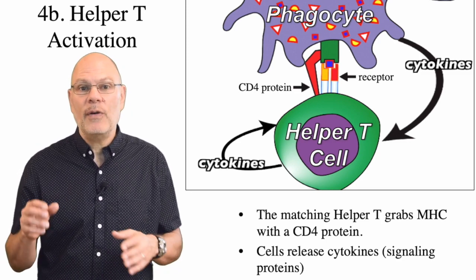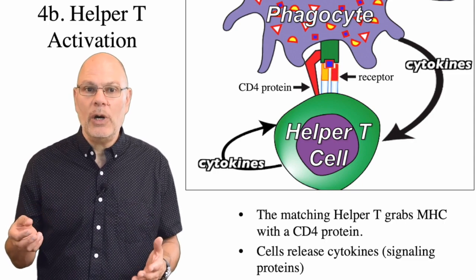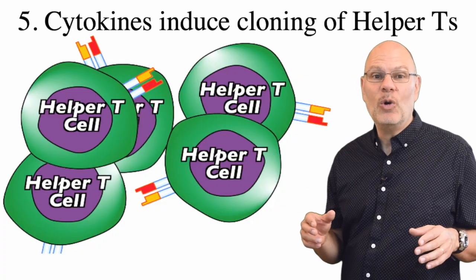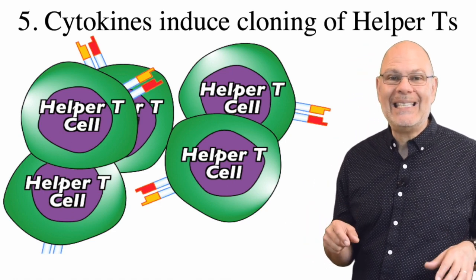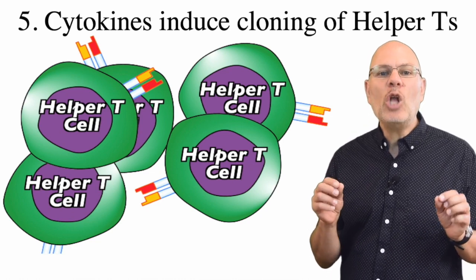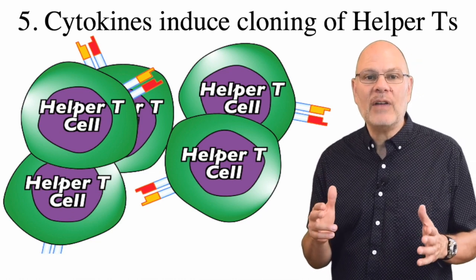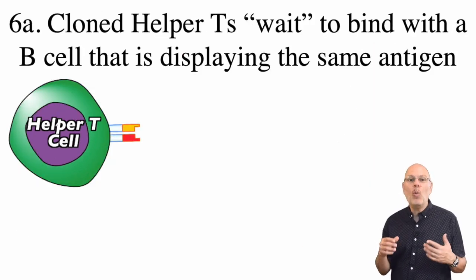Some of these signals are from the APC to the helper T. Some of these are autostimulatory signals. Now let's think of this word, cytokine. It should make you think of the word cytokinesis, and that's a clue about what happens next. The helper T clones itself into millions of copies, and these copies wait in lymph nodes until one of them